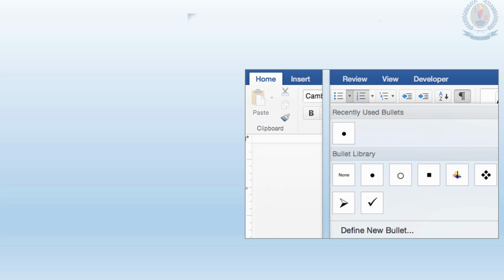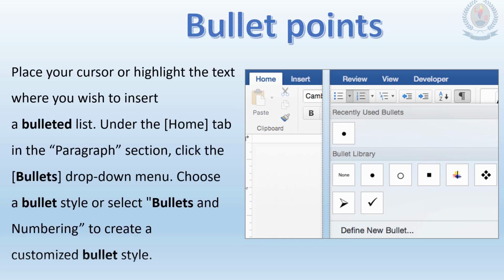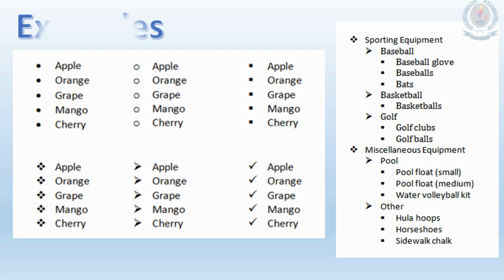Okay, and then we have to format our document. This is the first formatting we are going to learn, bullet points. We can insert bullet points. When it comes to a list, we use these bullet points. There are several formats. You can use this circle one, this square one, or this tick mark, whatever you like. These are the examples of when we use bullet points. So we use bullet points to create a list, right? Without putting 1, 2, 3, 4, we can use bullets. So these are the outputs you can get.